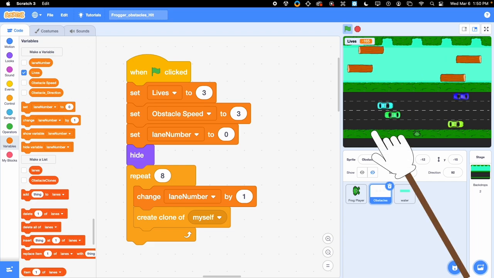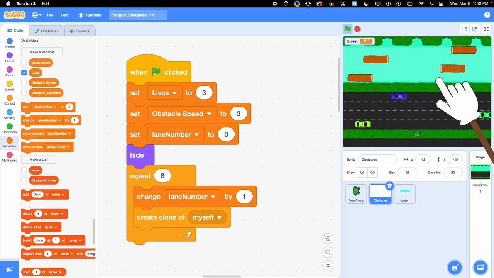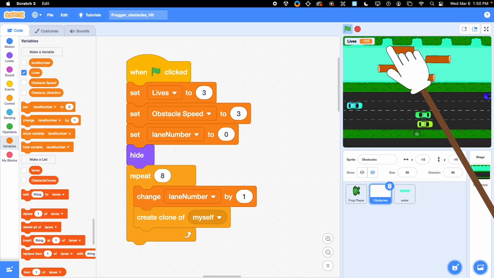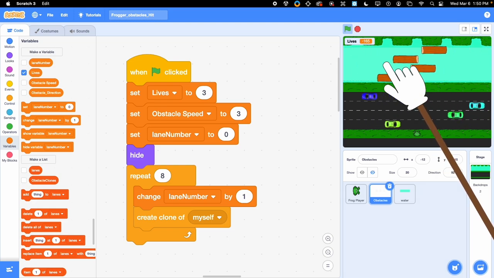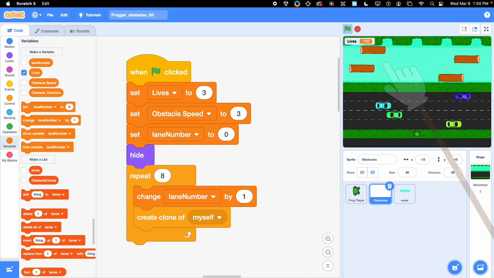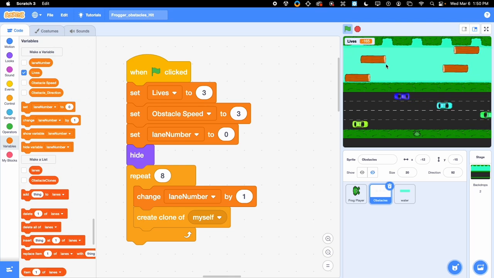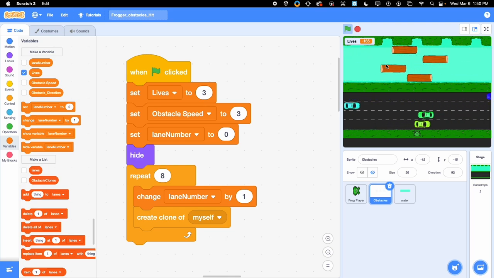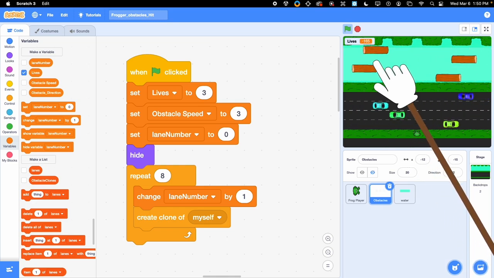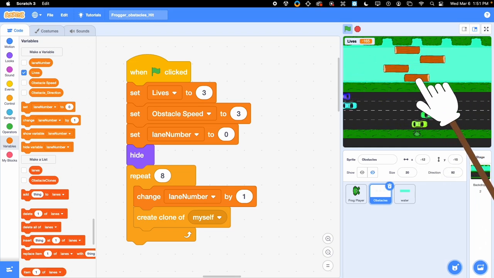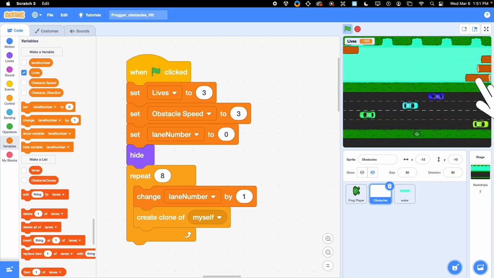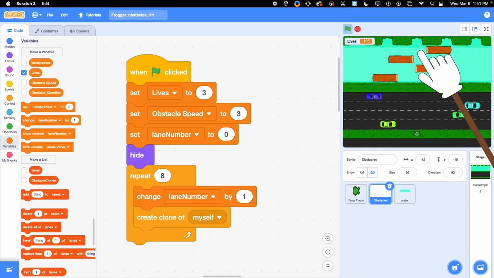by either putting in more cars in each lane, or if you want to dive into making every one of these logs, every other log, a set of turtles, that is also a good challenge. For this video, we are going to work on actually having these clones interact with the frog, so that if the frog hits one of the cars, it loses a life and then goes back to the beginning. If it touches one of the logs, it should move along with the log, left or right, depending on that